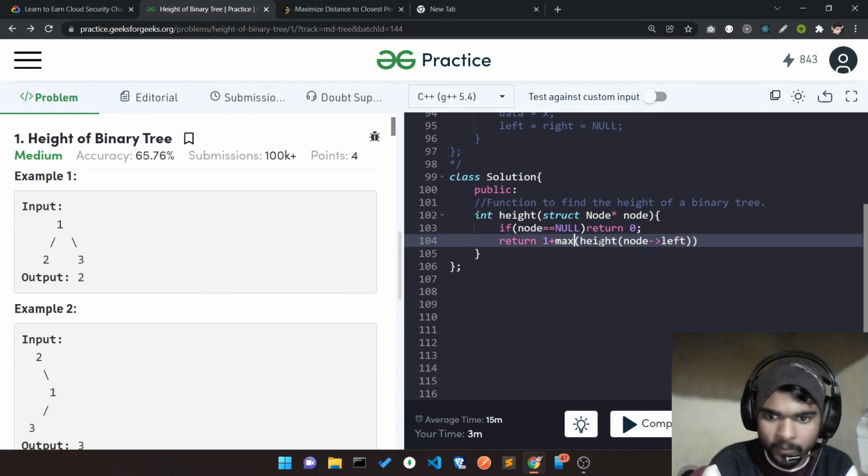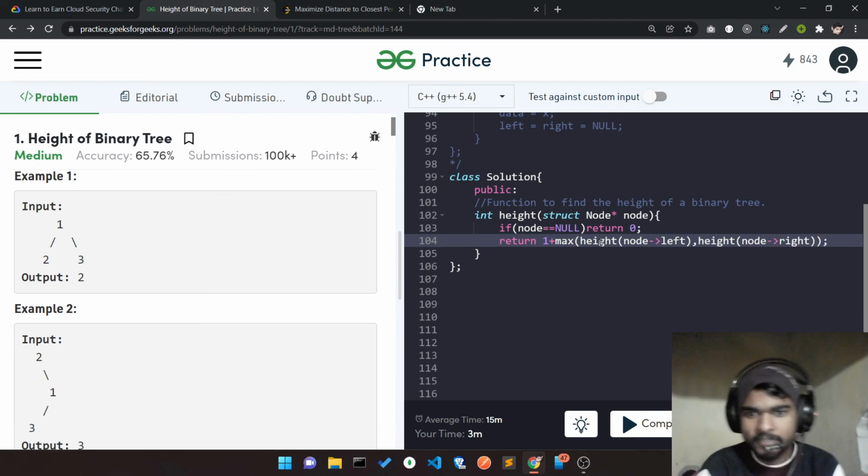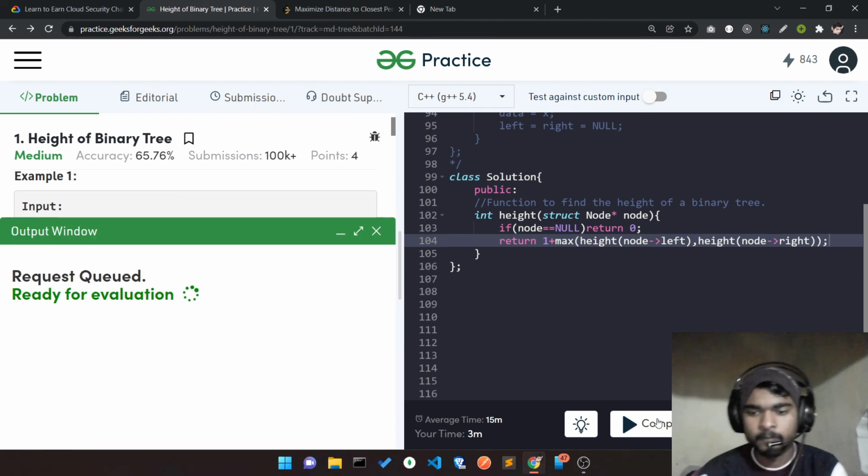So I call the max function, maximum of right and left. That's it, I'm done. Let's run our code.